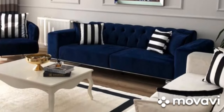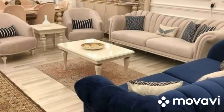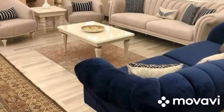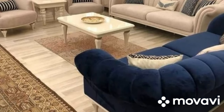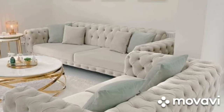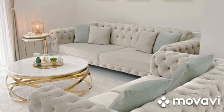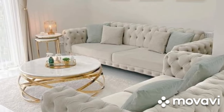touch of sophistication. Creating a family-friendly living room calls for durable, inviting pieces that can withstand the rigors of daily life. Opt for soft, stain-resistant fabrics on your sofas and chairs, paired with versatile storage solutions to keep clutter at